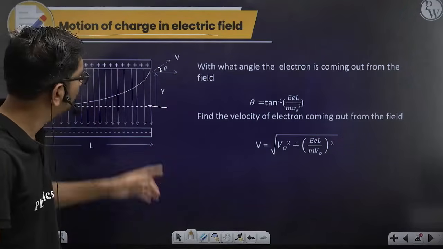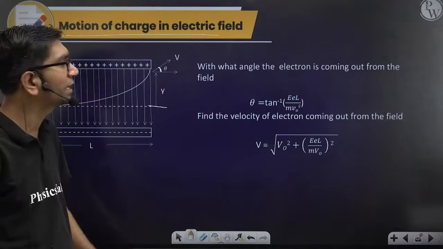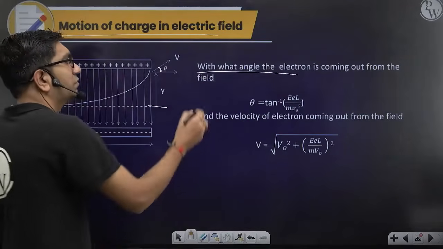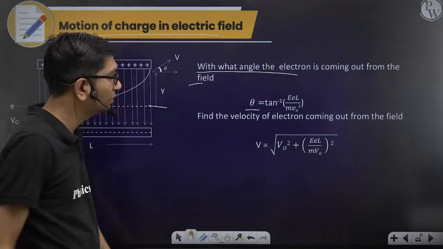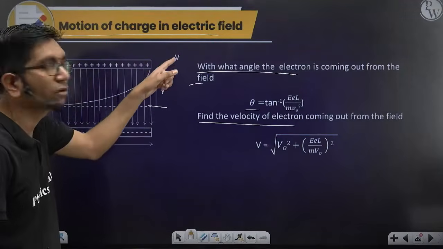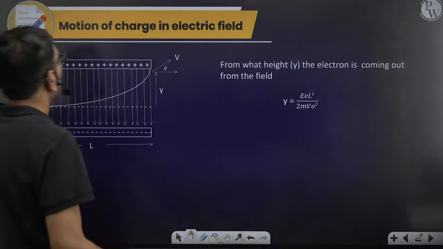So he may ask you in the question, what is the y value, with what speed it is coming out, with what angle it is coming out. Okay, with what angle the electron is coming out from the field. This is the value. Find the velocity of electron coming out from the field. With what velocity is it coming out? This velocity it is coming out. Okay. Next,